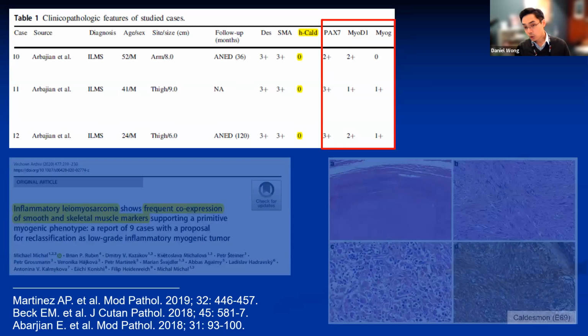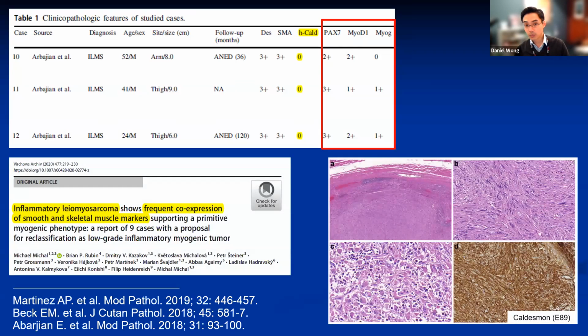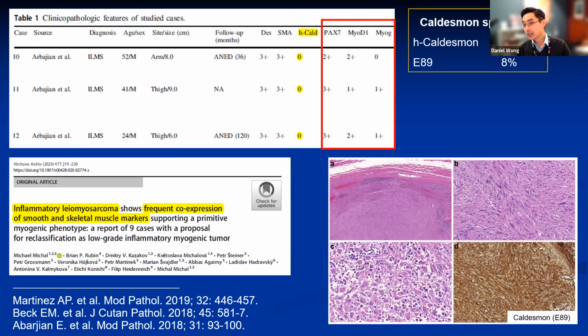You do come across more recent papers like this one from 2020 that talks about inflammatory leiomyosarcoma expressing desmin. But when you read the fine print, you realize that they're using a non-specific clone, for example, the E89 clone. And that E89 clone actually has very low specificity for smooth muscle differentiation. In one study, the specificity was less than 10% compared to heavy caldesmon, which is nearly 100%. And so when you use that more specific antibody, you realize that these apparent inflammatory leiomyosarcomas in fact don't stain